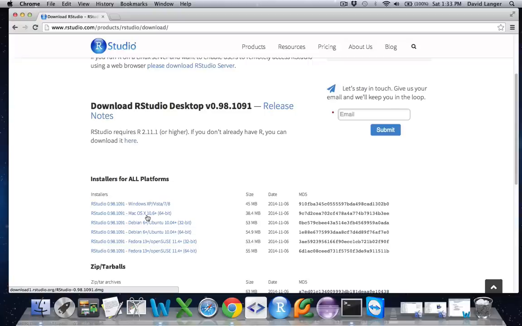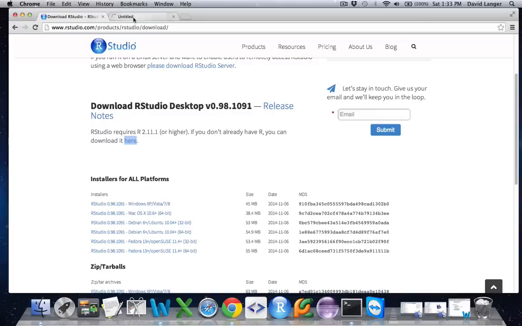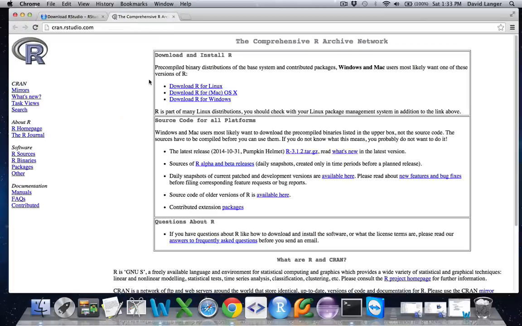Everything we do is equally applicable on Windows or Linux, as you can see here. So pick your poison. You'll also need to download R and install that as well. R is the base language on top of which RStudio sits, and you can see that here. It's relatively easy. So I'm going to go ahead and pause the video here for a second, and that's nothing more than the ability to give you a chance to pause your own video in YouTube and then go ahead and download R and get it set up before we move on.